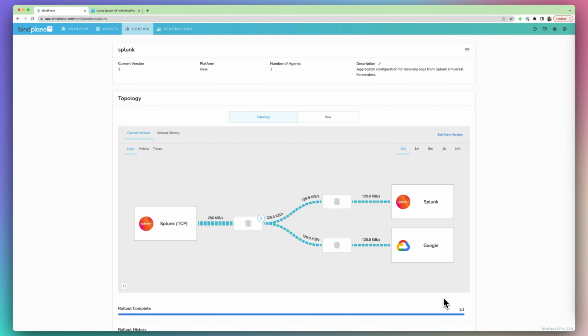So now when you do this, you've inserted BindPlane into the middle of your Splunk infrastructure, and you've got the ability now to reroute data to different destinations, to do those transformations, deleting logs that have fields with no values in them, deduplicating logs, and converting logs to metrics. All the things BindPlane lets you do to augment your data and help you reduce costs,